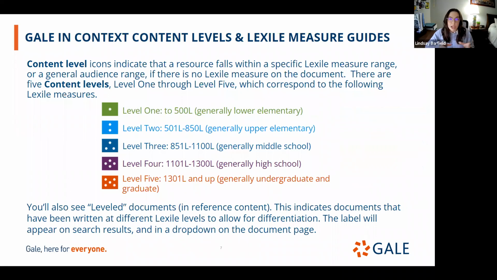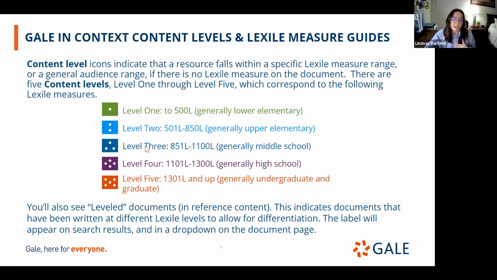We have them in general categories. You can see level 1 here is going to be generally lower elementary, level 2 is upper, level 3 is middle school, 4 high school, and then 5 is kind of your college level writing. So that way, when students go into the resource and, if they're looking up something like, I was a science teacher, so I taught the rock cycle. If I have students looking for information on the rock cycle, they can go ahead and quickly filter and find,